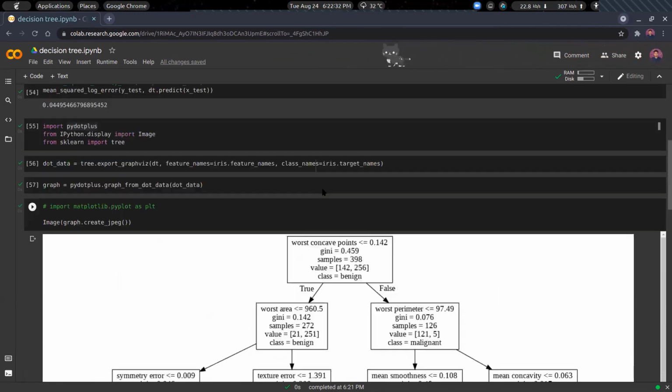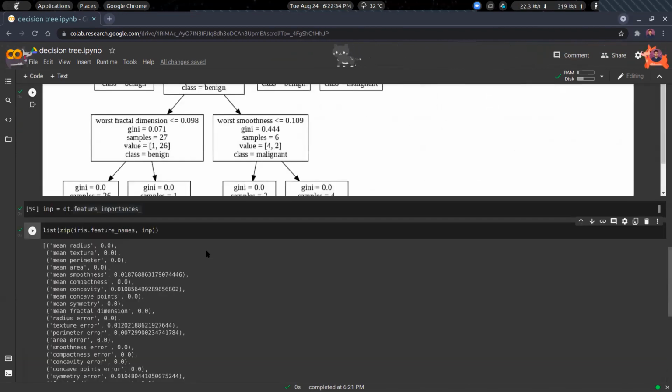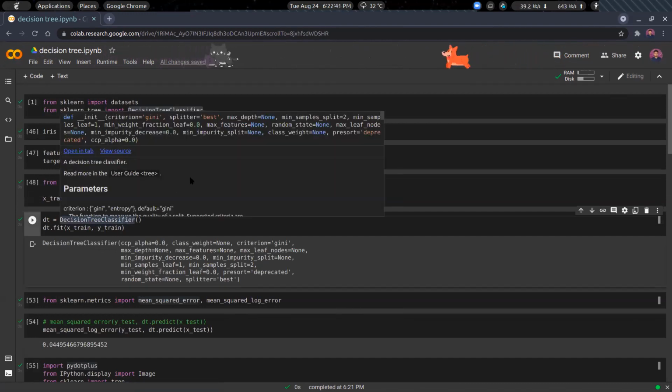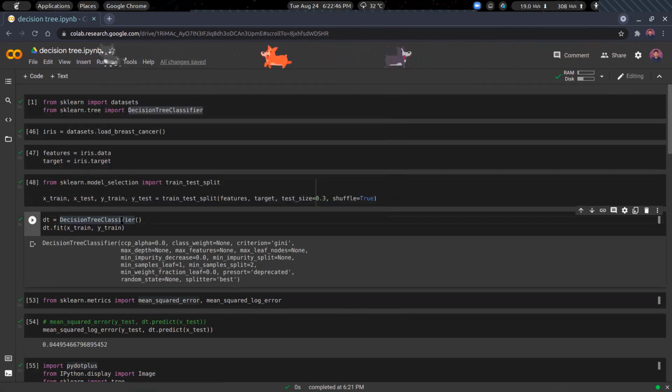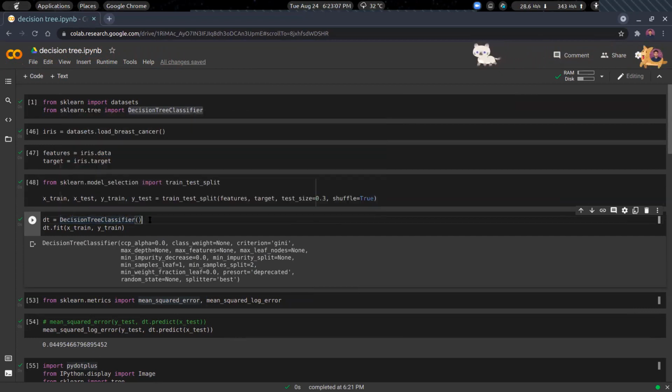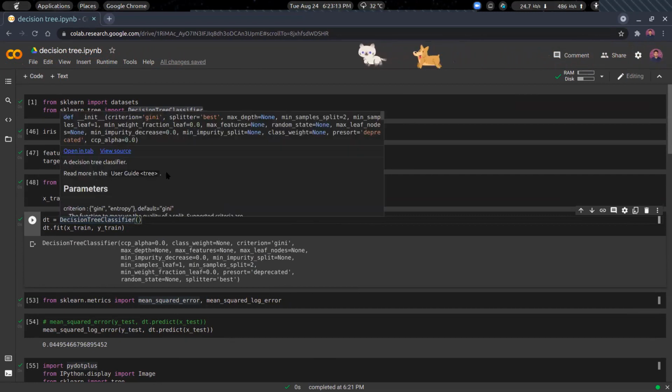Okay. So as I was saying, we can tune the parameters. Whenever you will be building some model, these datasets are very small, so they are having 500 rows. But when you will be going for some competition or some real world data, you'll have, say, 5,000 rows, 5 lakh rows, 5 million rows, something like that, of that size, right? That will be very large. So in those cases, often just having a decision tree classifier object with default parameters won't work. So in that case, what we will do is